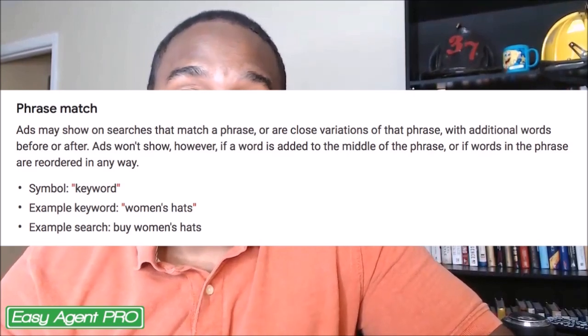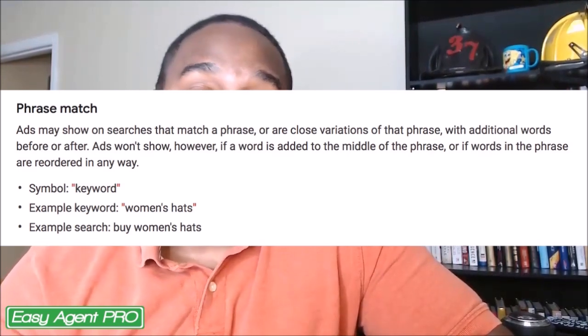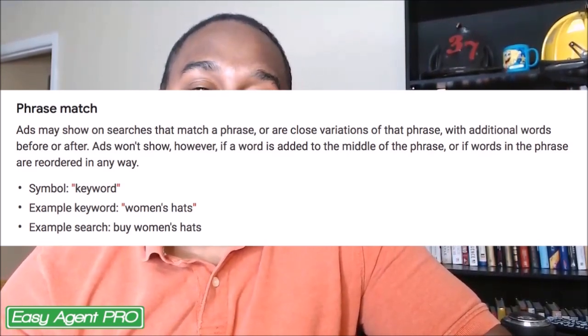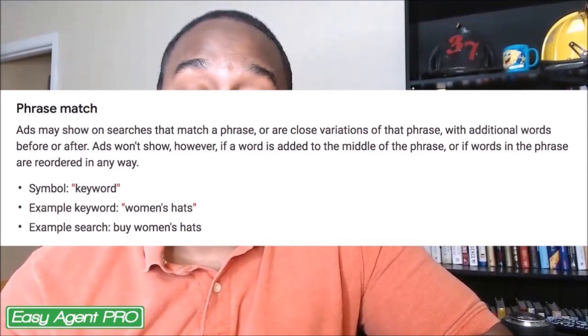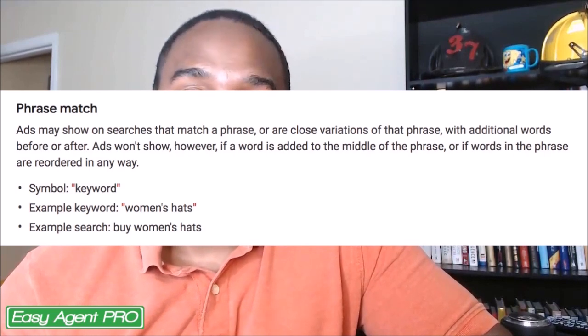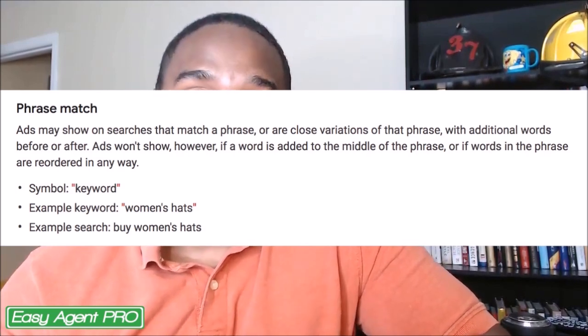The next type of keyword is the phrase match keyword. A phrase match keyword is one where everything that you put inside of the quotation marks is going to show up inside of the search. So let's say you're using a phrase match of "houses in your city," and you put that in quotation marks. Your ad is going to be shown for everything searched that has houses in whatever city. They may not even be searching for a house in your city,